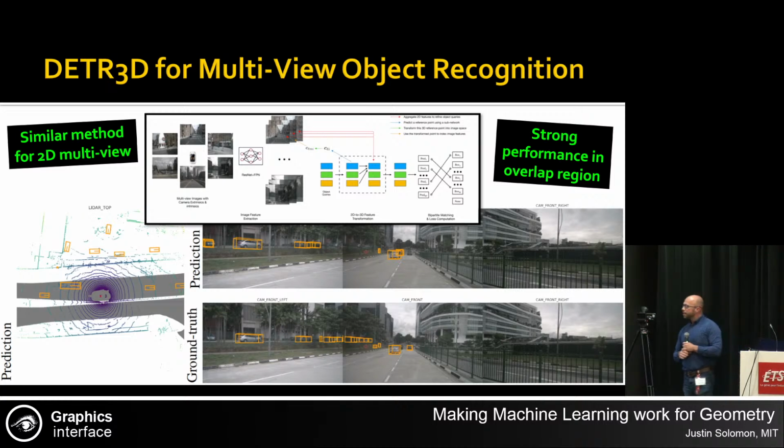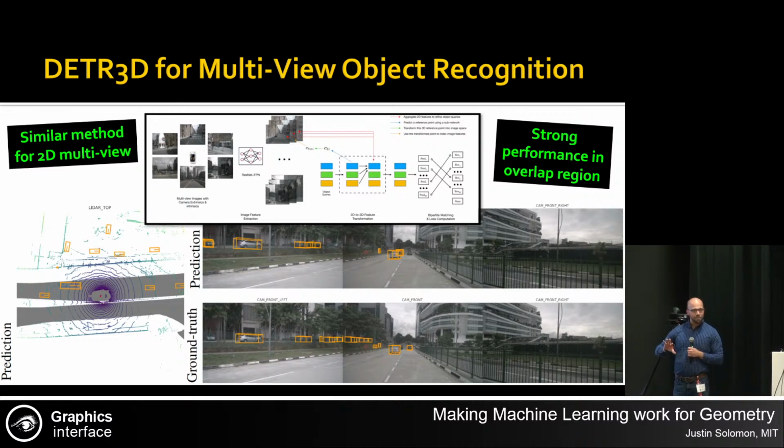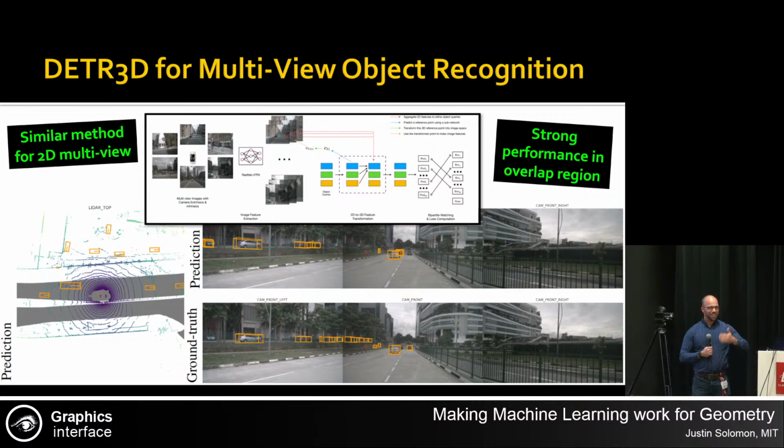And in fact, you end up seeing in the results here, the best performance gains are in the areas of overlap between the images, which makes sense because that's where knowing something about the 3D structure of your scene can really help you, right? If you just view multi-view object reconstruction as a bunch of images with no relationship between them, then results can actually degrade if, like, there's a car that's half visible in the camera in front and half visible in the camera on the side. But now these two things constructively work together rather than just making confusion for your learning architecture.